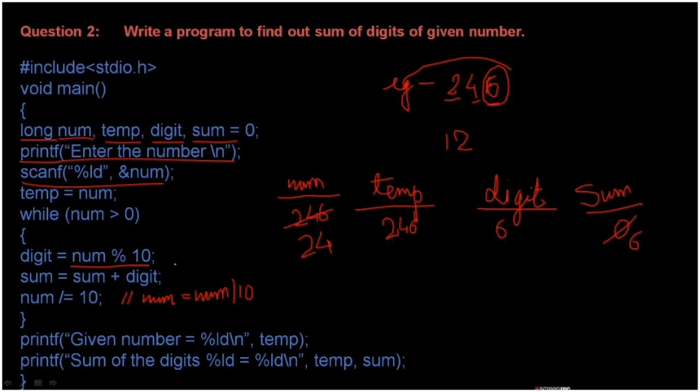So digit is equal to num mod 10. Again we are doing the modulus operation. It will give the remainder, so the remainder is equal to 4. So now it gives the second digit of the number, that is 4. Now sum plus digit. Here we need to change it: the digit is equal to 4. Here it is digit equals num mod 10, which will give the last digit of the number. So 4 is stored here, not there. Okay, here it is 6 only. Just a minute.